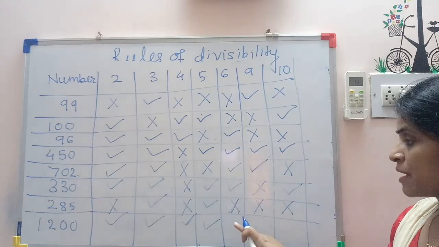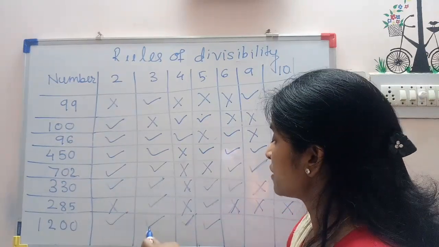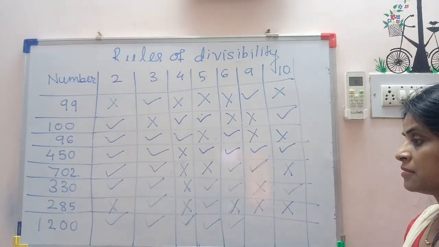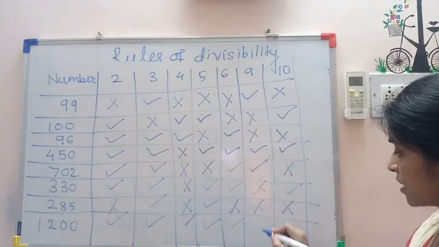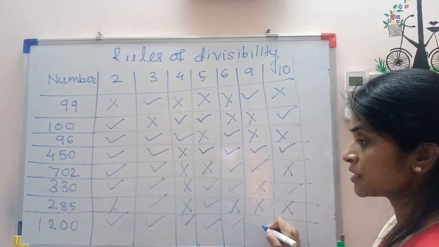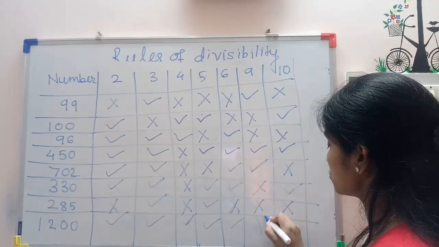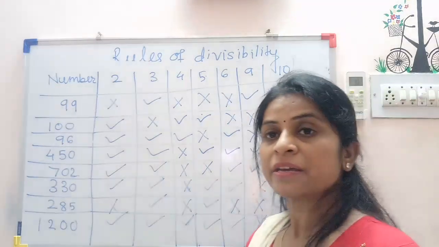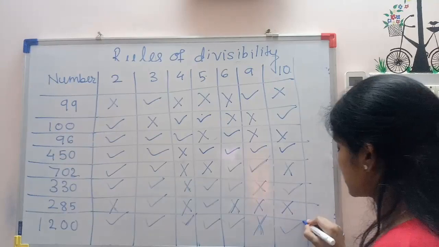Is it divisible by 6? Yes, because it is divisible by 2 and also by 3. So, it is divisible by 6. The given number is not divisible by 9. When we add, we get the sum of the digits is 3. So, it is not divisible by 9. The given number is divisible by 10 because the number ends in 0. So, it is divisible by